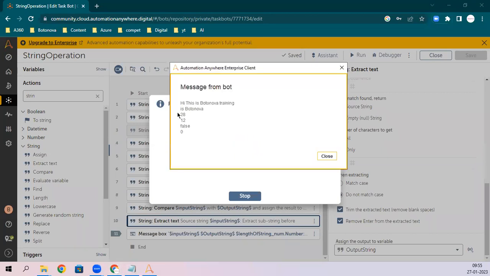Okay, it is giving "is Botanova". Let's see why. It is taking this "is" also as an "is", so it just picks this "is" with this "is". That's why it is giving "is Botanova".